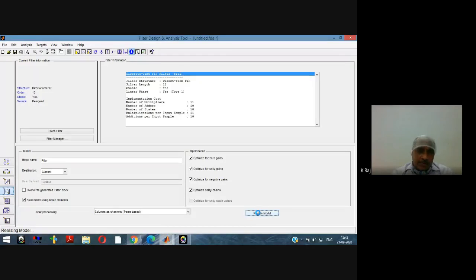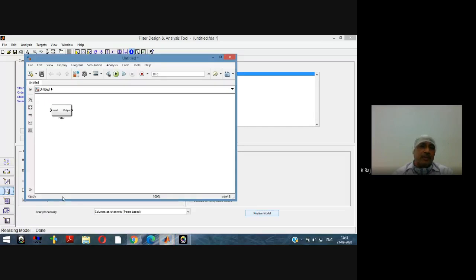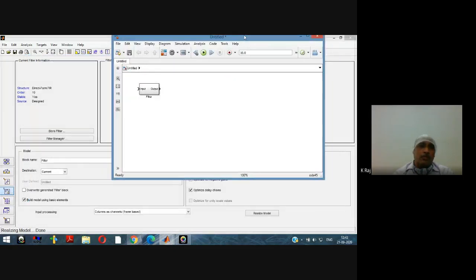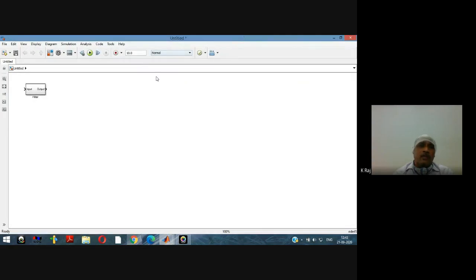And for that purpose, if we are interested in seeing the number of multipliers, the number of delays, and what the architecture will be, meaning how these adders, multipliers, and delays will be arranged, we have to select the Realize Model option. Now if we use this, then a dialog box will be opened, and in that dialog box we have to put in the different information, and then we will select Realize Model.